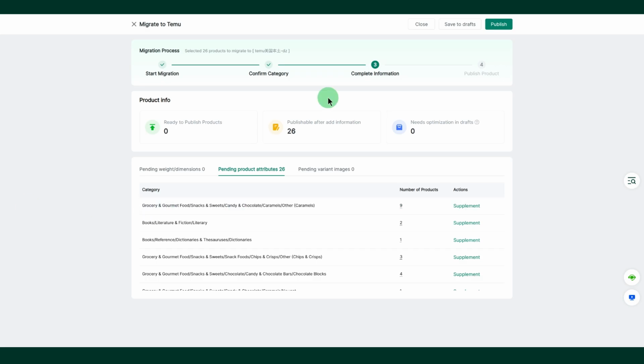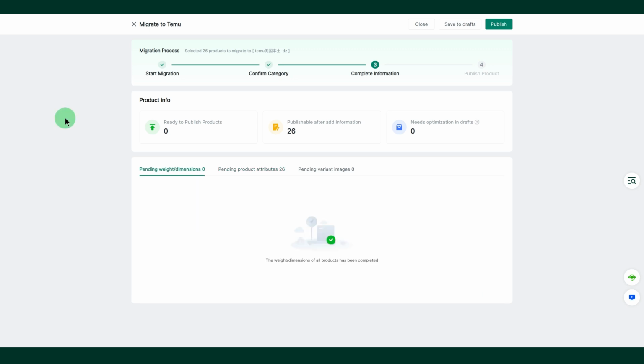After the progress bar finishes loading, the products that have completed category matching will enter the supplementary information page. Due to the different information required among different platforms, it is necessary to supplement the post-migration product information to successfully publish. The supplementary information list includes three statuses: ready to publish product, publishable after adding information,